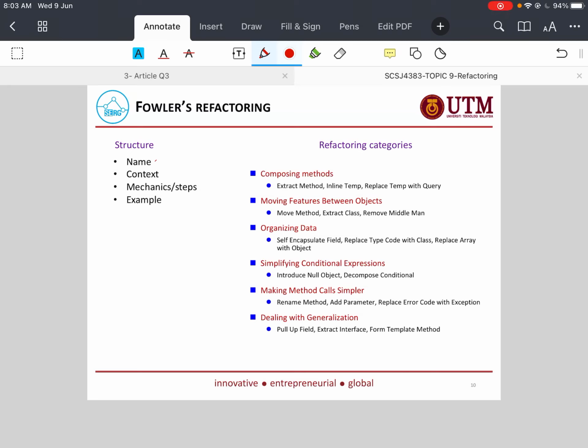What are the refactoring techniques existing nowadays? Actually there are a lot. There are 100 or 1,000 of the refactoring techniques existing nowadays. But the most popular one is that coming from Fowler's. Okay, Fowler's refactoring. Actually there are numbers of refactoring techniques you can find at the book, at the journal